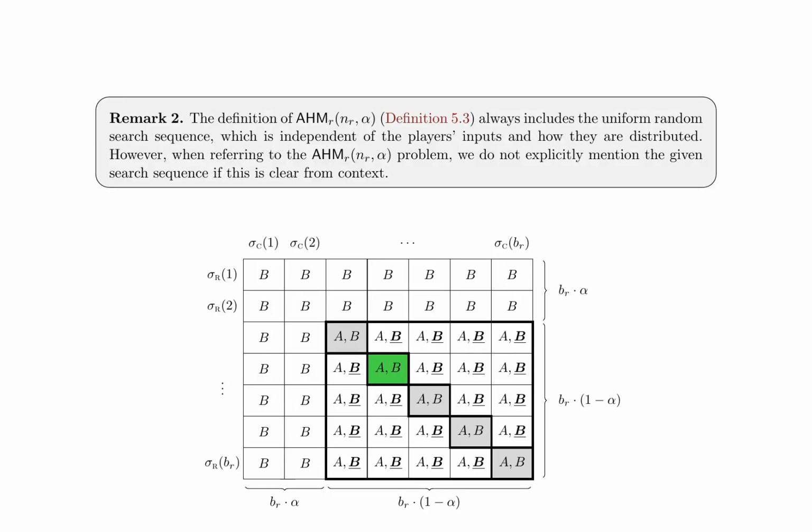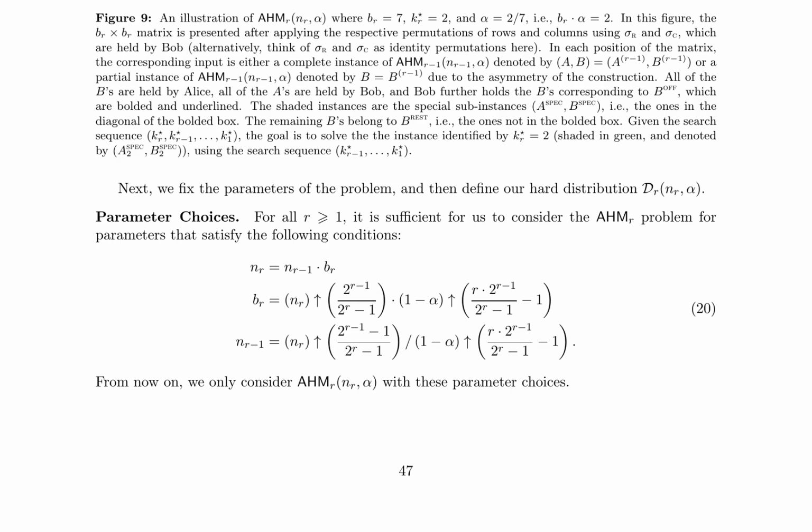The paper discusses the augmented hidden matrix (AHM) problem, a fundamental issue in communication complexity. It presents a novel approach to solve the AHM problem using a recursive construction method. The authors define the AHM problem and its parameters, including the number of rounds, R, the size of the matrix, N, and the asymmetry parameter, alpha. They also introduce a hard distribution, D_{N,R,alpha}, for the AHM problem, which is crucial for the analysis of the communication complexity. The authors then prove a lower bound on the communication complexity of the AHM problem.